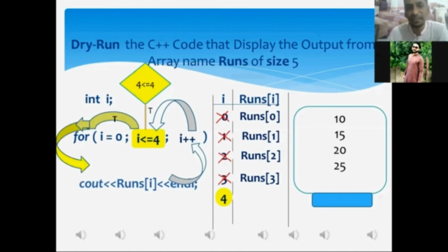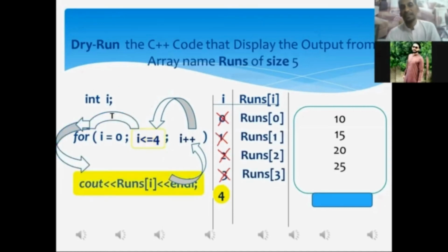When this condition is true within the for loop statement, we know well that the control of execution will be shifted to the for loop associated statement, and that is the cout statement. As a result of the cout statement's execution, whatever data value has been stored in the current memory location of the array that we have specified in the cout statement must be displayed onto the monitor screen.